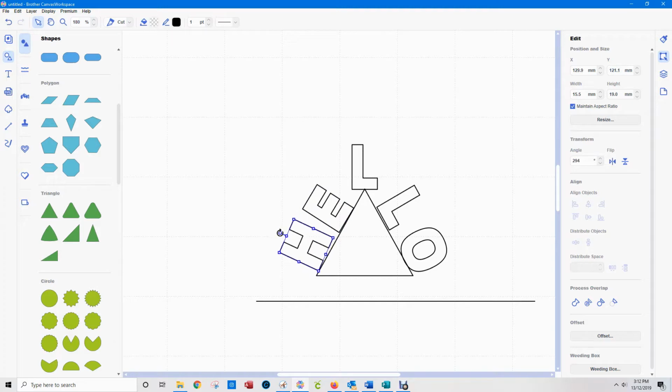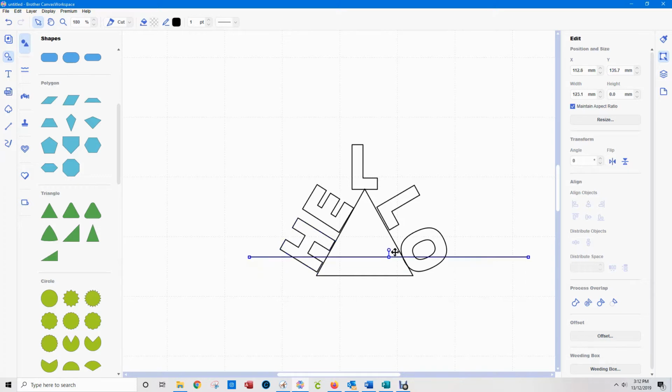Let's turn that and move it over just a bit. Okay. Now if I wanted to check if my E and L were even, and you can see they're not,